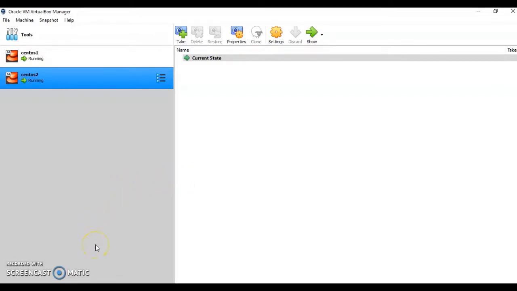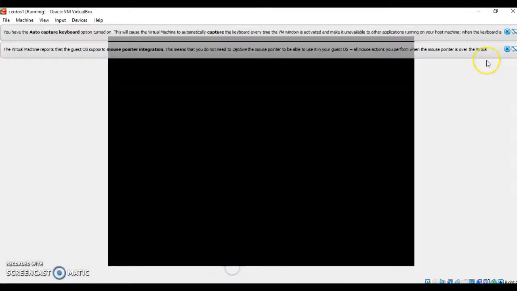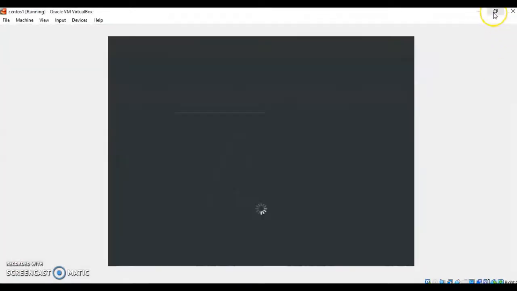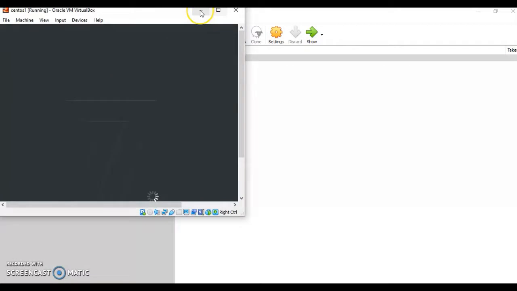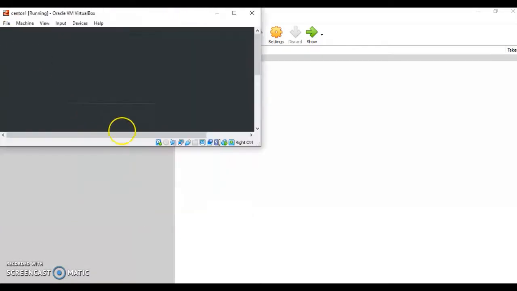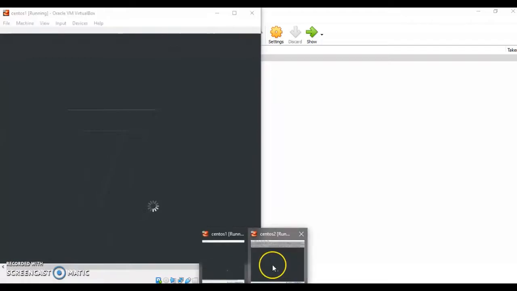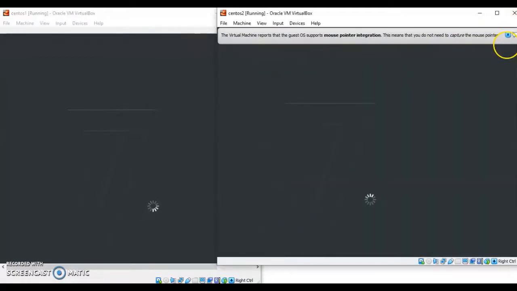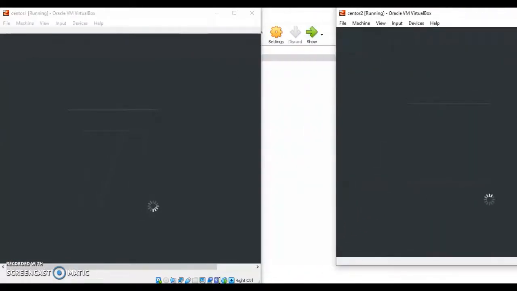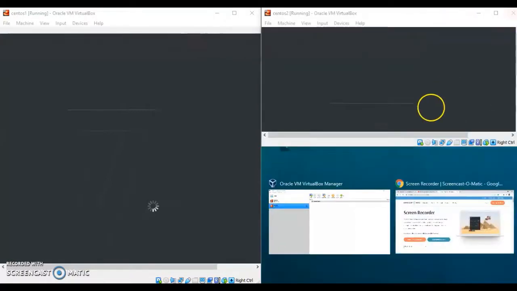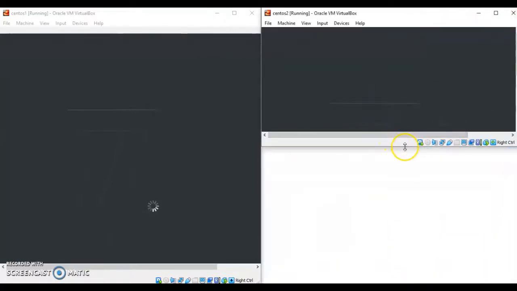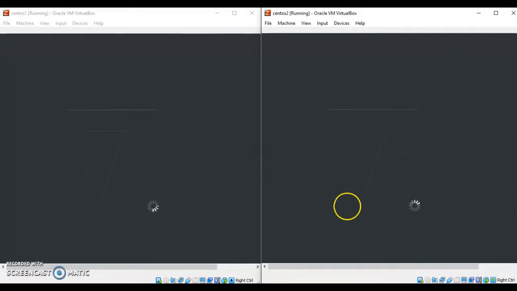It takes some time to boot. So let us open the first machine. I am running the first machine and the second machine as well. Close these messages, and meanwhile it will boot.